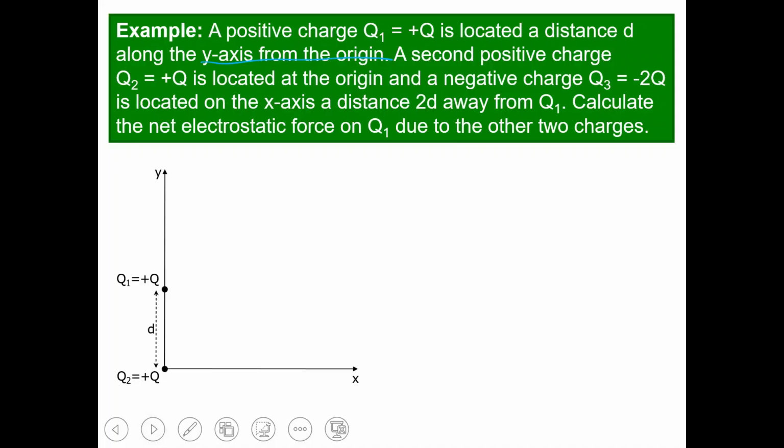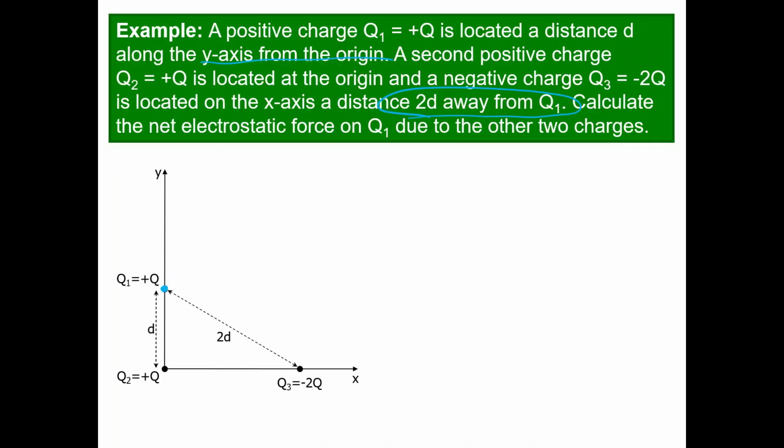And if I draw on my x-axis, Q3 is at a distance of 2D away from Q1. So you have to be careful. It's 2D away from Q1. It's not a distance of 2D away on the actual x-axis. So you have to be kind of careful with the wording. So our goal is to calculate the net electrostatic force on Q1, which is this one right here, due to